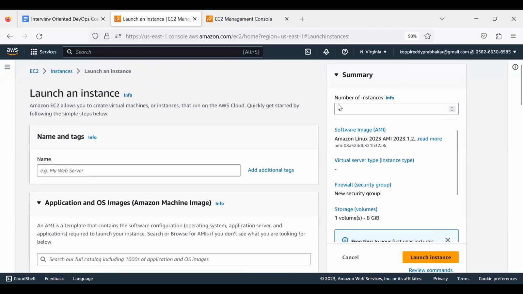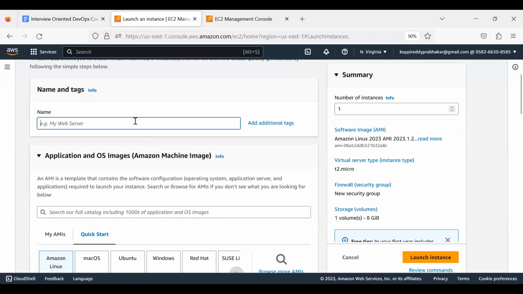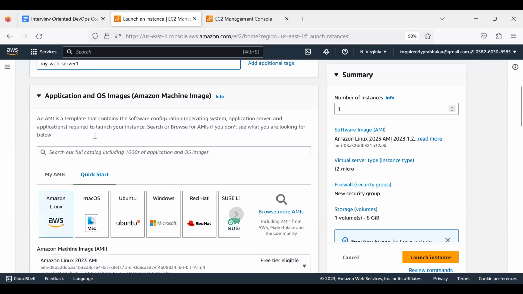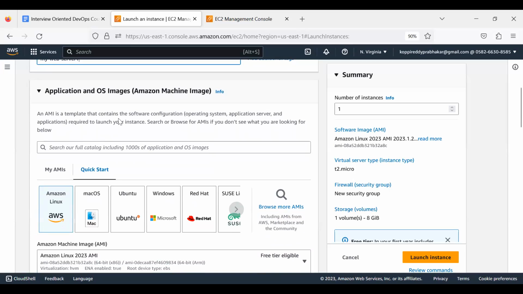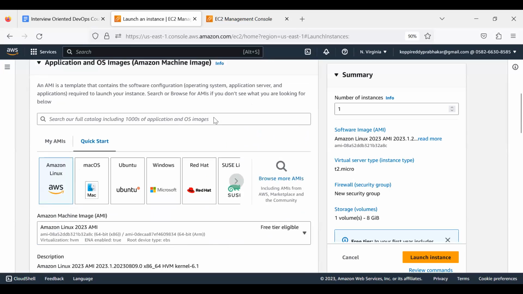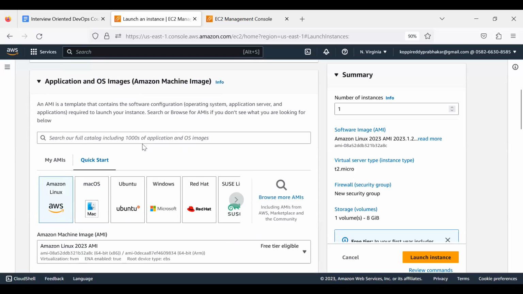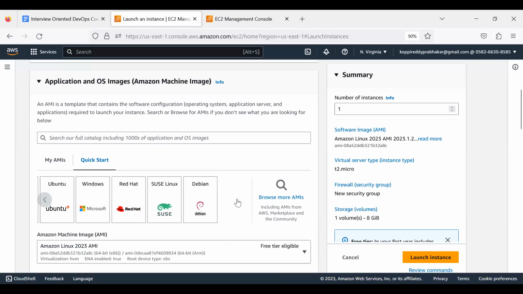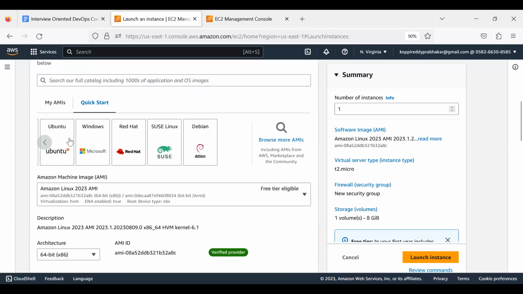Once you click on launch instance, it will ask you the name of the web server. Okay, my web server one. This is my server name. Then the application and OS images. What this means is what kind of OS you want to create: Ubuntu, Red Hat, Amazon Linux, SUSE, or Debian based. We can select multiple OSs,